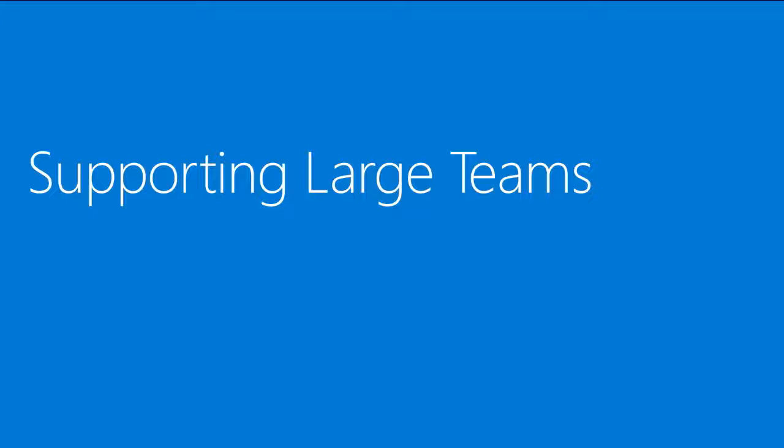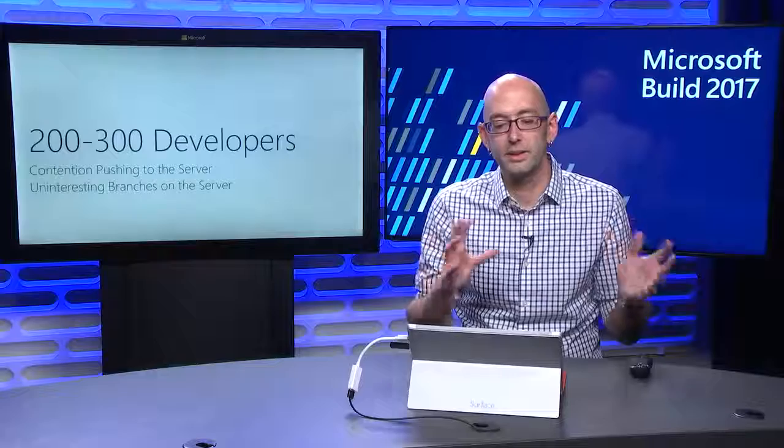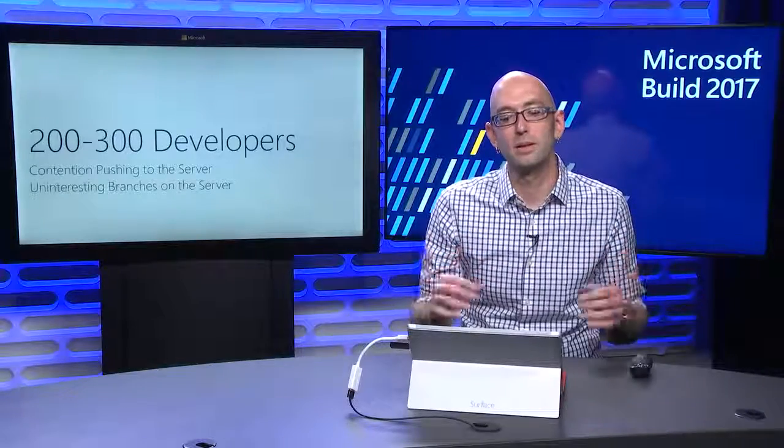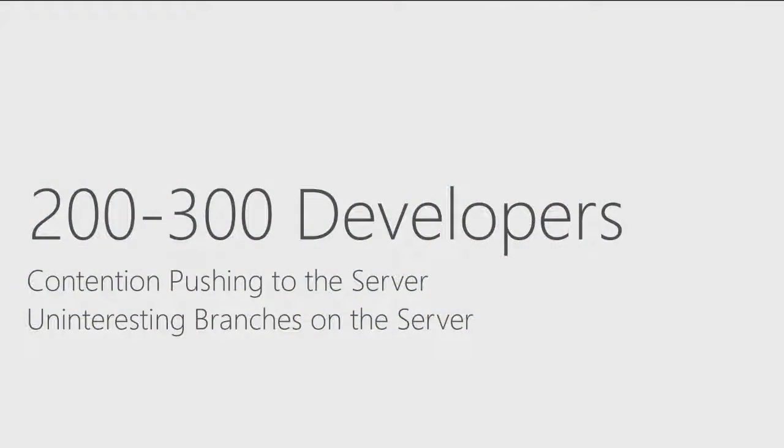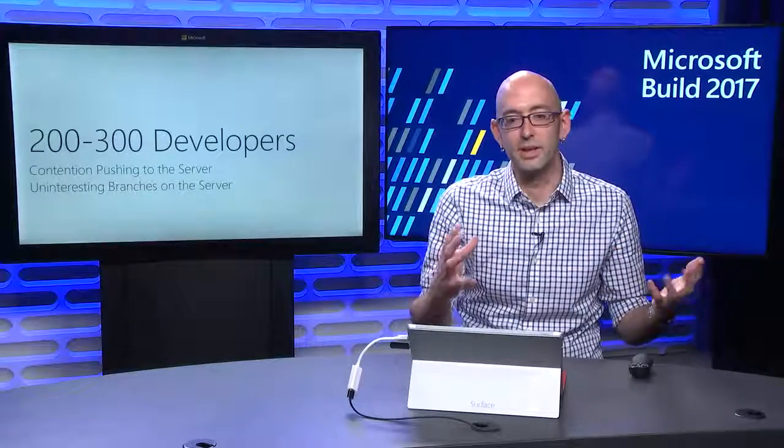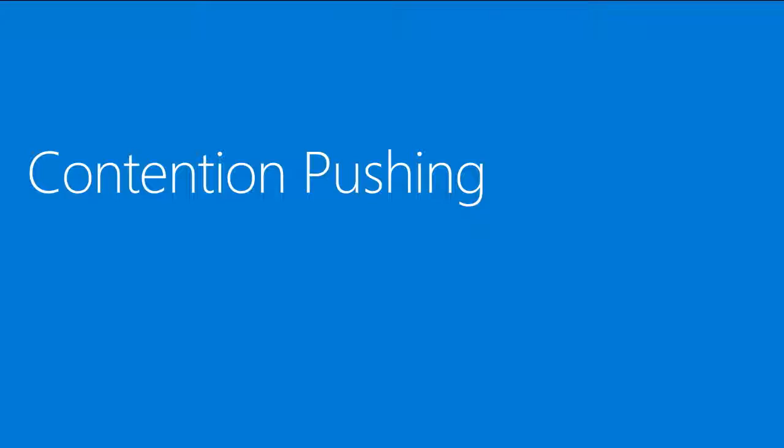What do we mean when we say supporting large teams in VSTS? Well, we found in the VSTS team that about 200 to 300 developers is really where you start seeing contention pushing to the server, and where all of a sudden there are so many branches on the server that they become uninteresting and they sort of bloat when you try to do a git fetch. When we talk about contention for pushing, what you see is the inability to actually get your changes onto the